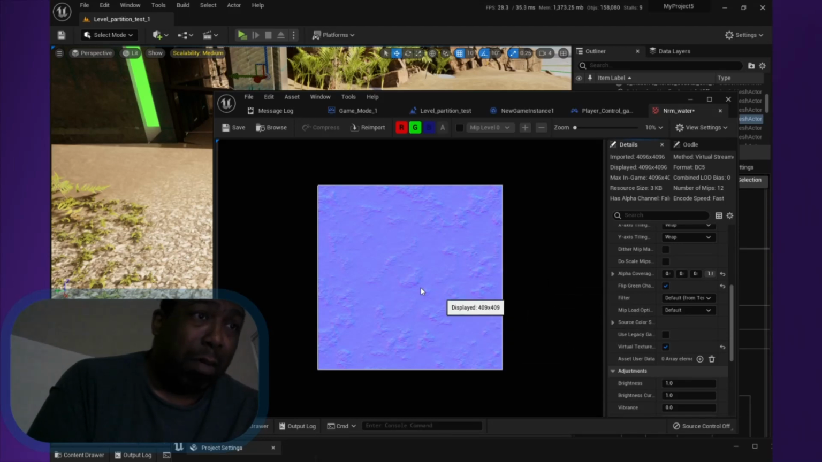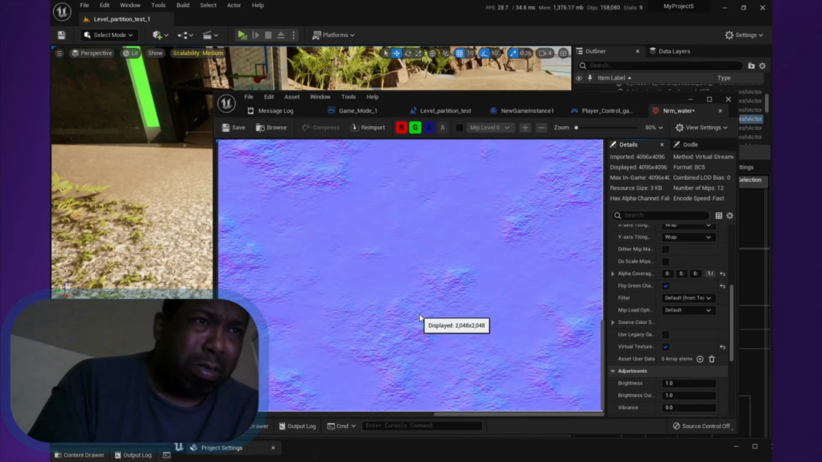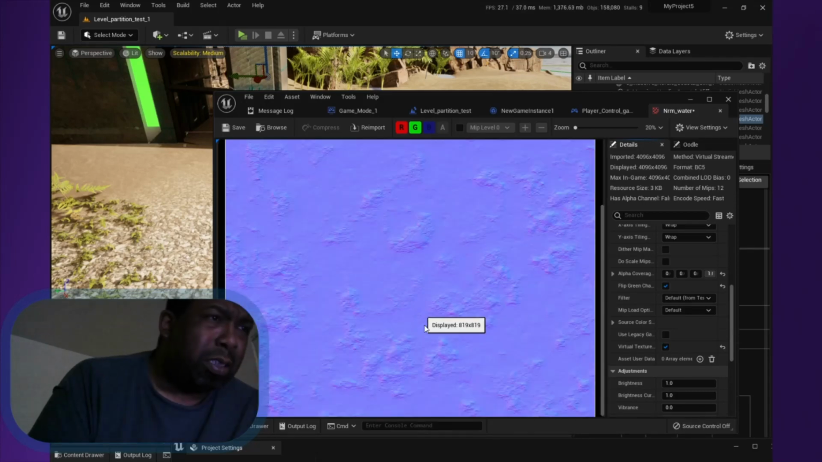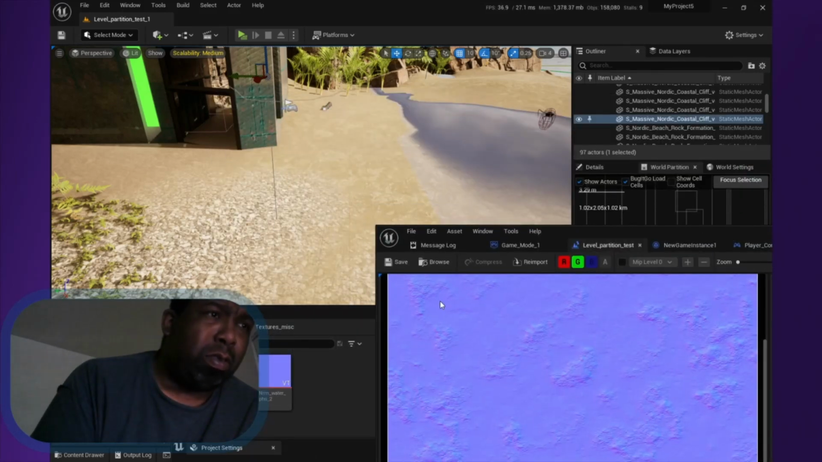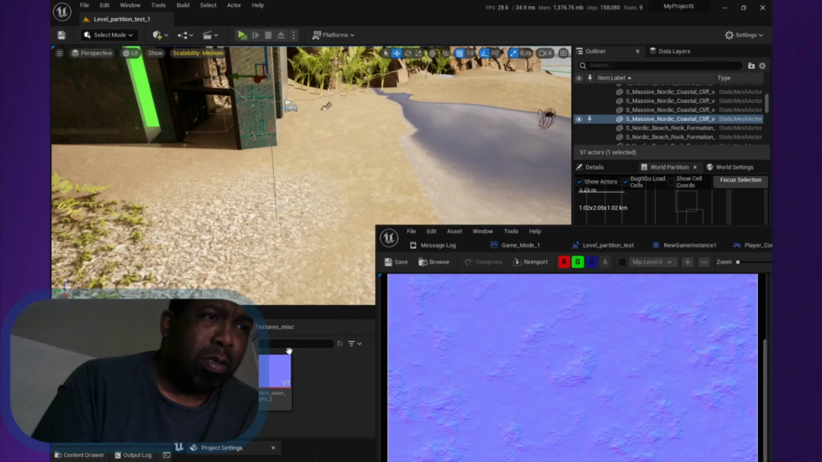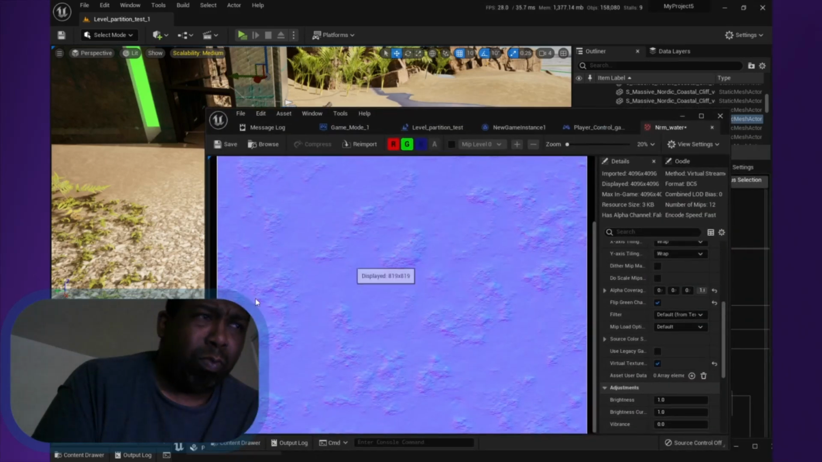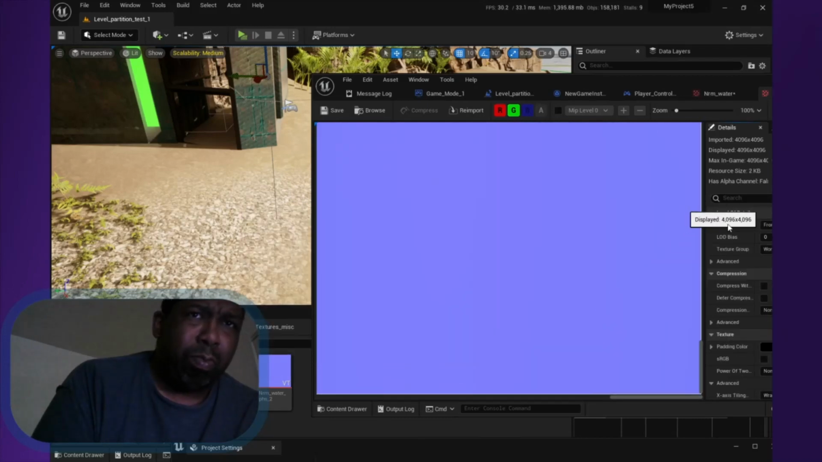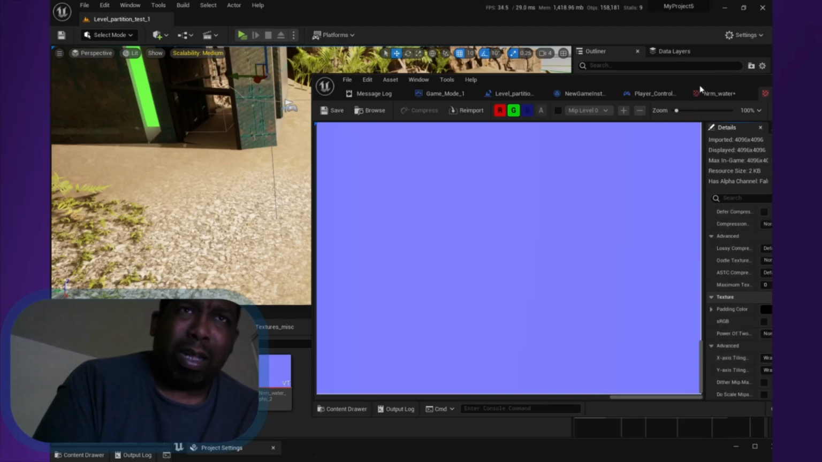What did I use this texture for? I can't, the water. And you've got to notice it's in here like that. There's some I've been using it for